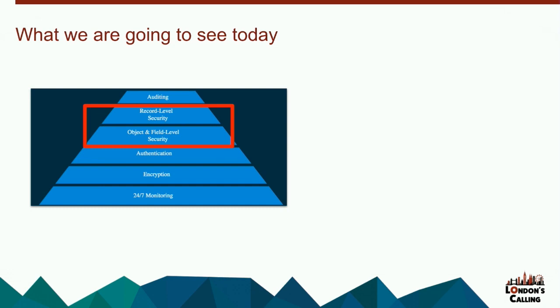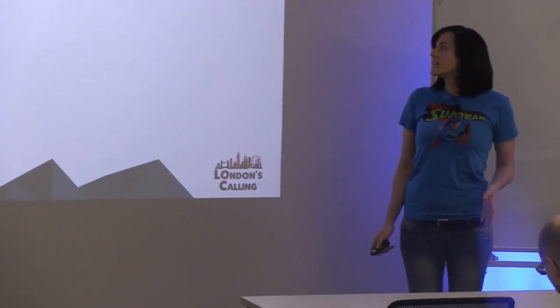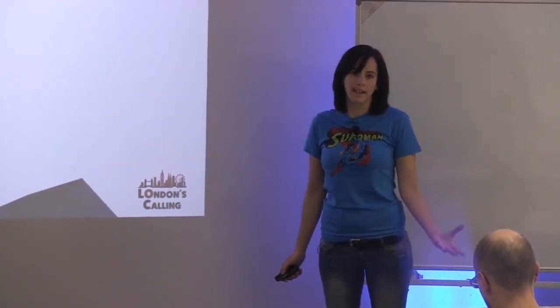In Salesforce, there are many places in which you can configure security, many layers. But as this is a talk for developers, I'm going to focus on two main parts. The first part of the presentation is going to be about data security. I'm going to talk about object, record, and field level security. And in the second part of the presentation, I'm going to talk about application security and define the different vulnerabilities that may affect Salesforce and that you have to prevent in your code base, as for example, SOQL injection, cross-site scripting, cross-site request forgery, Open Redirect, and clickjacking.